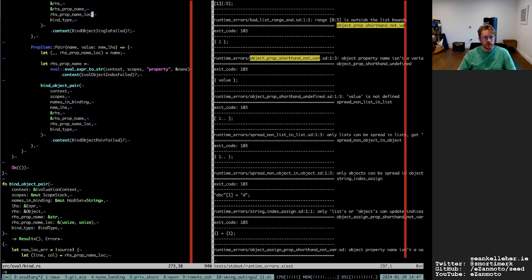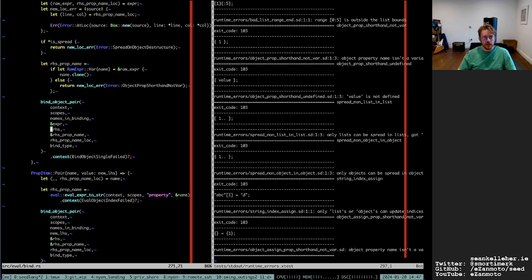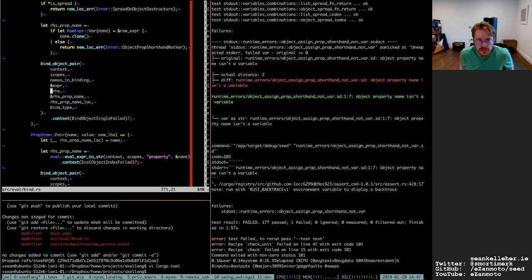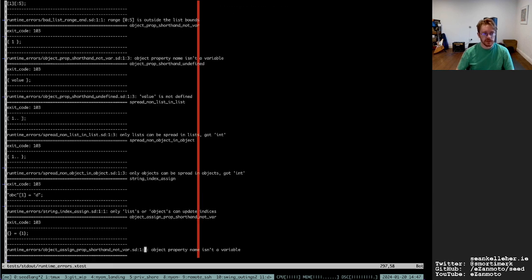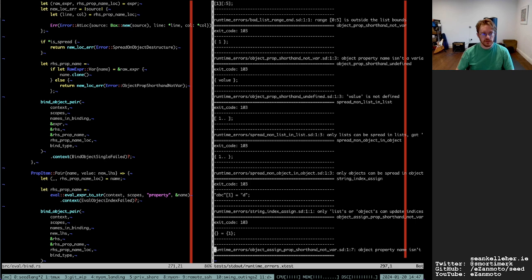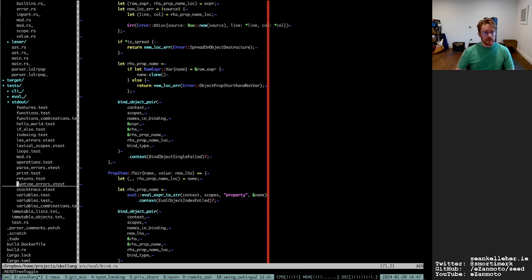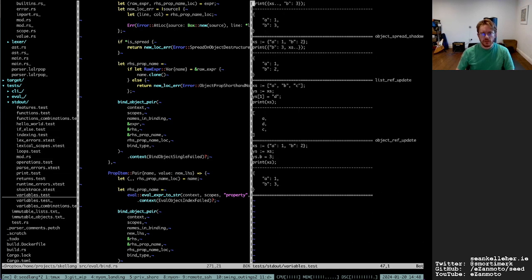Okay, and what are the other errors that I'm getting? Well, that's the tests more or less passing, and I need to add the correct line and column information, which is correct in the test output at least, which is good. And I might as well create some, is it in assignment? No, I don't. I guess, is it variables?